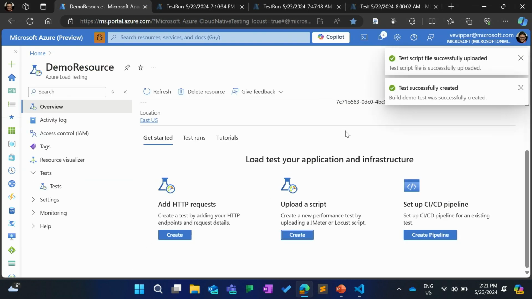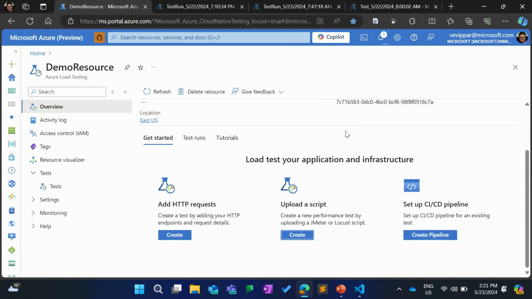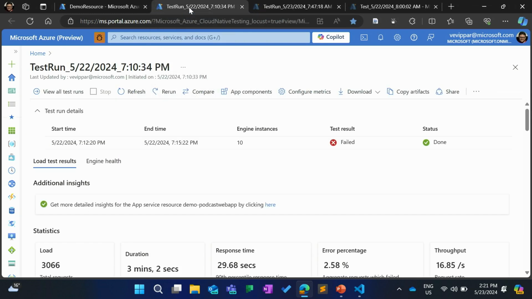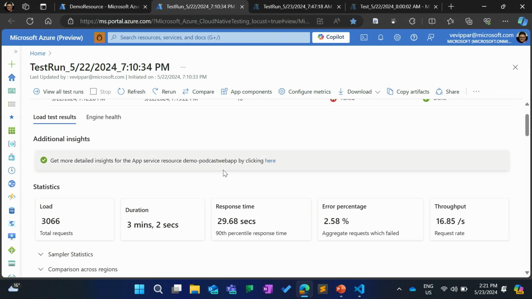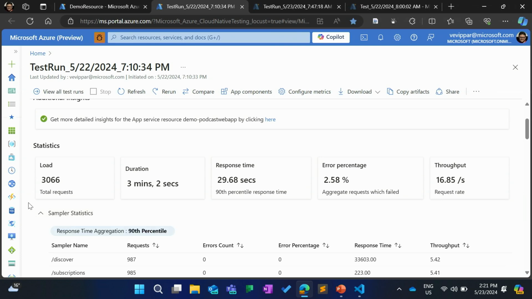So we can go ahead and create the test. The test gets created, the script gets uploaded, and the test run starts. I would have loved to show the live dashboard with the metrics coming up, but in the interest of time, I have a run that I previously did yesterday. Once the test run completes, this is how the dashboard looks. You get to see a bunch of statistics about performance, like how was the response time, how was the error percentage, what was the throughput, and you can drill down into the multiple requests that we had.